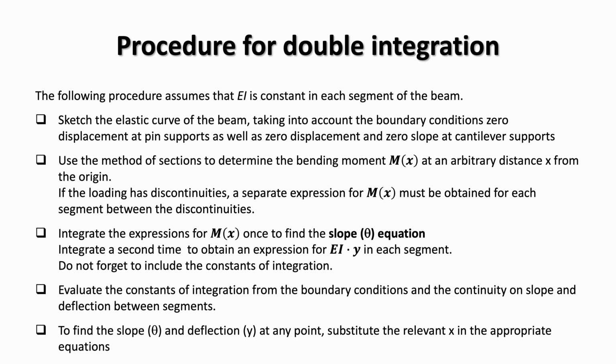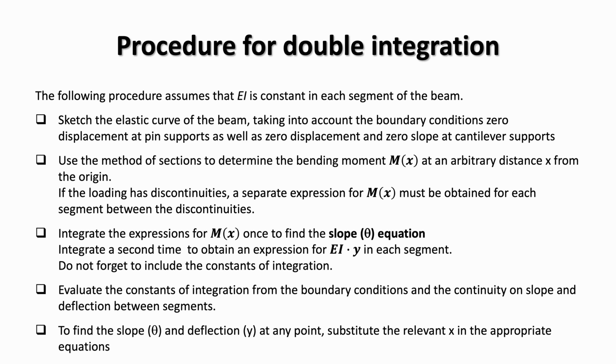Let's remind ourselves of the framework. We assume that EI is constant along the beam, and we start by sketching the expected elastic curve, using the boundary conditions to guide the shape. We then use the method of sections to write the bending moment expression M(x) as a function of position x. In this example, the loading is a pure end moment, so the moment expression will be particularly simple once the